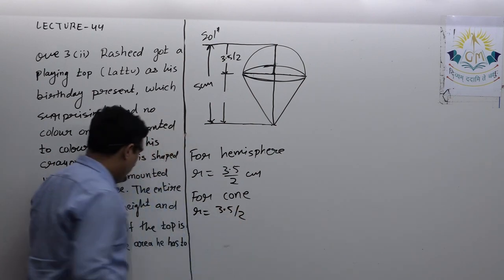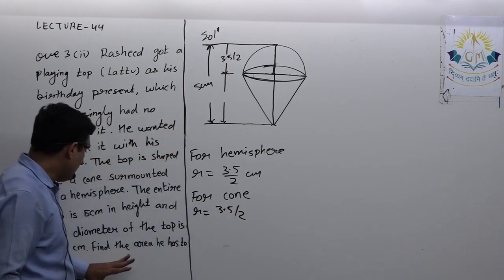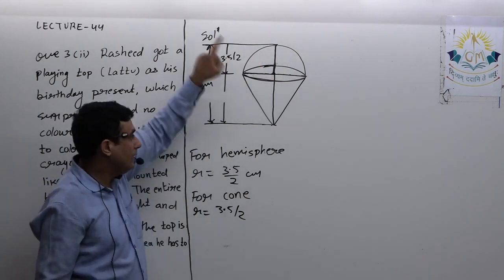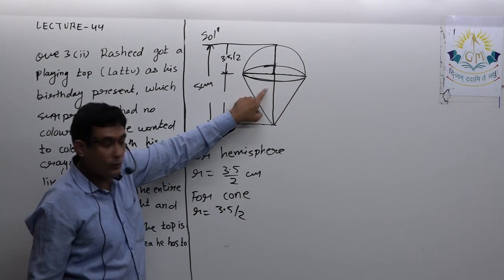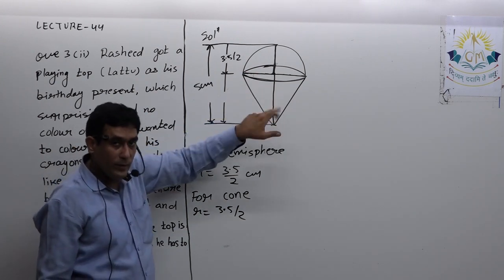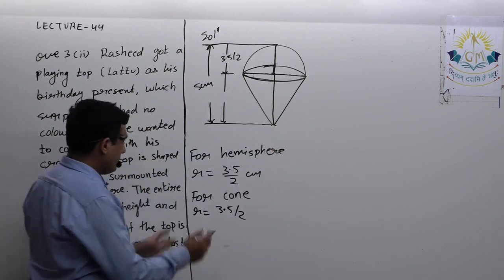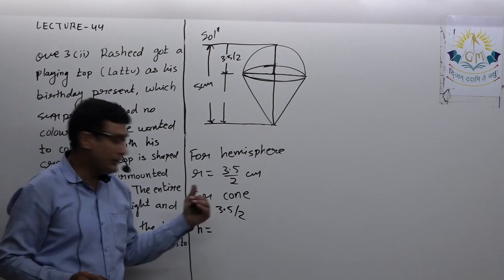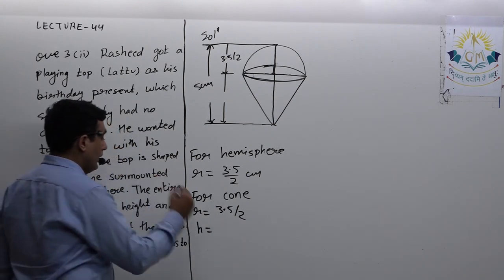Now if we talk about what we have to find, area to color, that means we need to find CSA of hemisphere plus CSA of cone. Now CSA of cone, that is pi r l. So over here we need its slant height, which is definitely not given. So we have to find that slant height using the radius and the height. Now height is given,